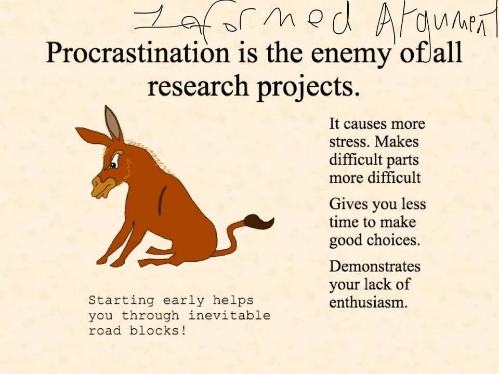And of course, when you listen to a friend argue a point, you're much more likely to believe them if they have information, not just opinions, but information that supports them, right? Now that's pretty easy. I will tell you, one of the reasons I have this up here about procrastination is that it's what gets people in trouble. I told you last week, I mentioned that 10% more students drop 1302 than 1301. And one of the reasons is because they all want to drop right when the big research papers do.